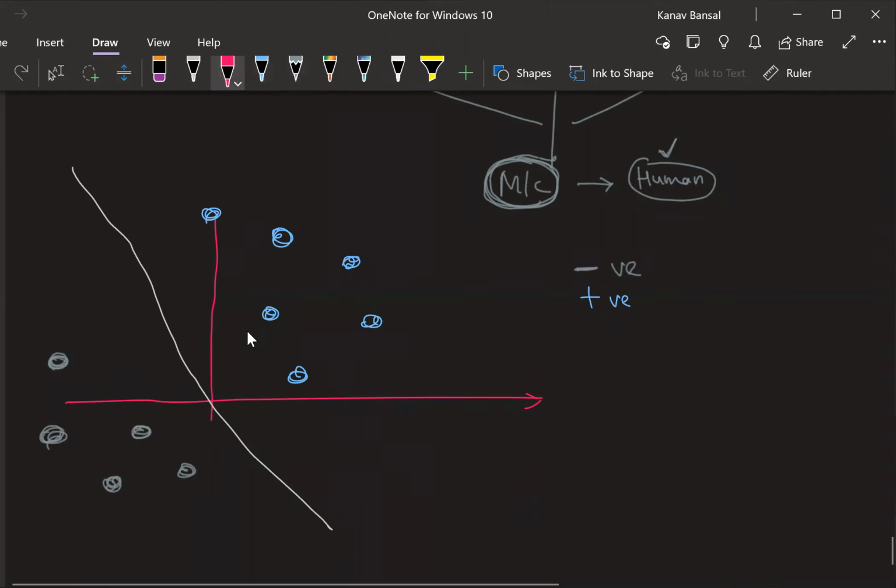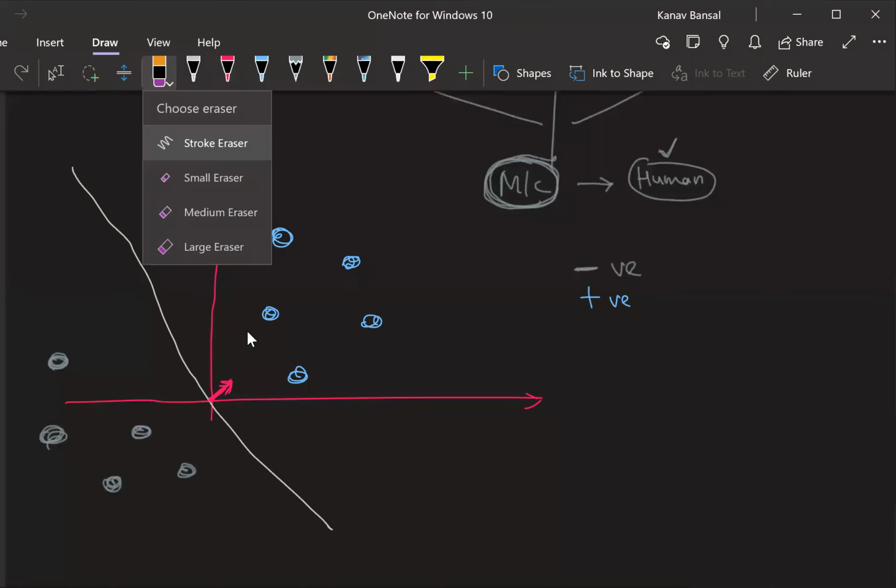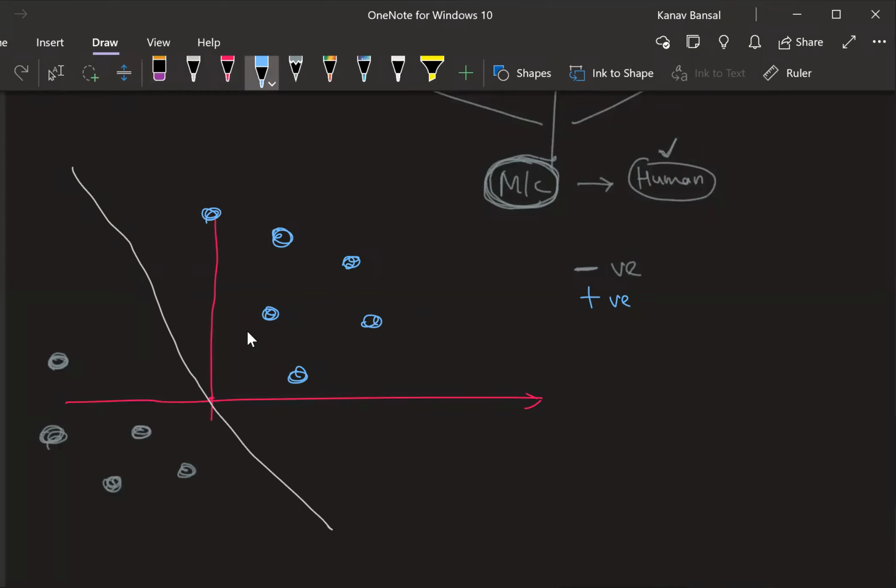So let's say this is the side where the plane is facing, or let me draw it with a white line, right? This is the side where the plane is facing. Now you can actually tell whether this point is on this side of the plane using just the dot product. Using just the dot product, you can tell where the point is lying.